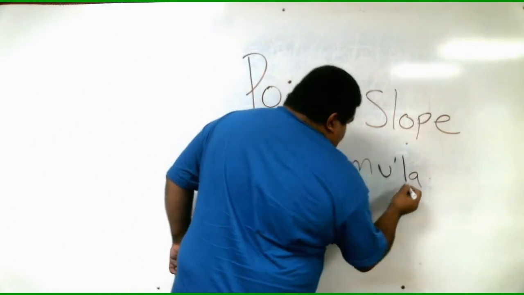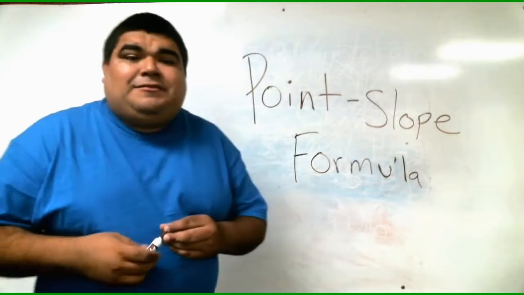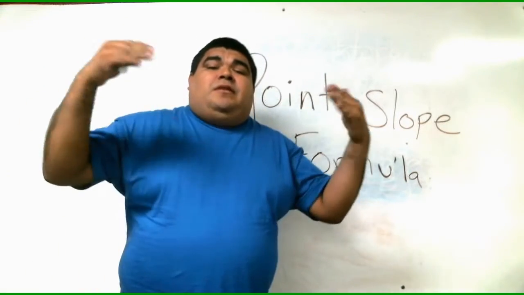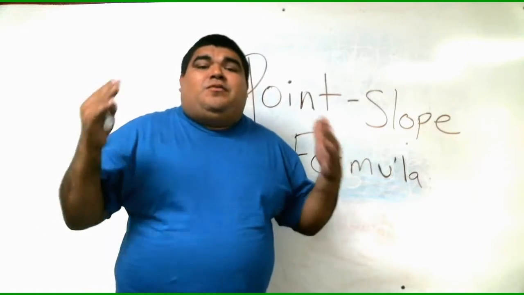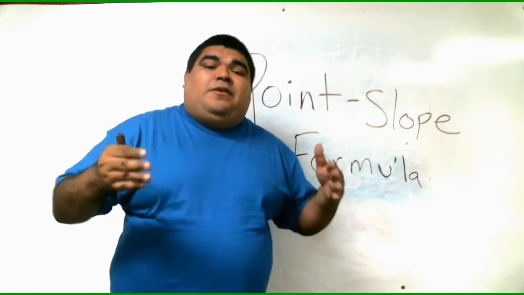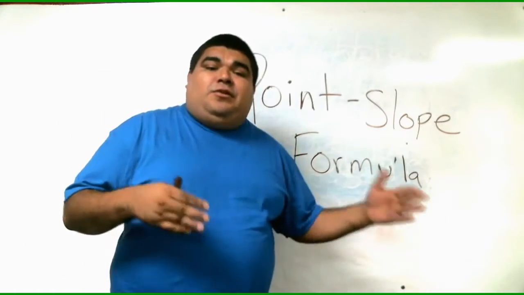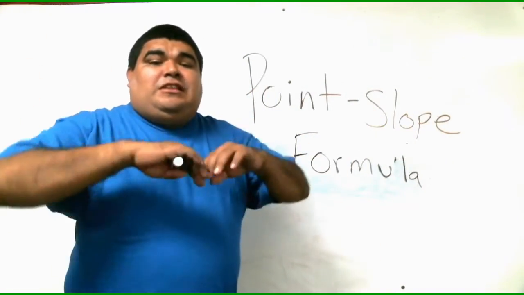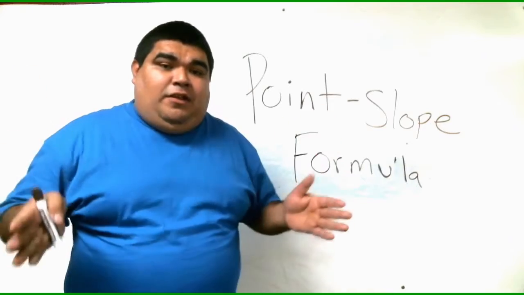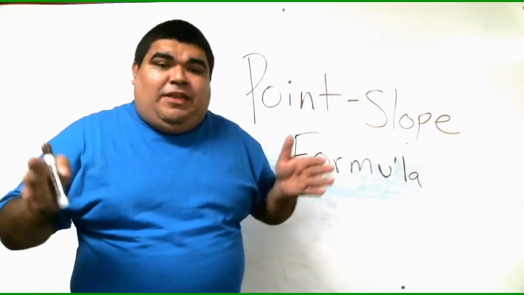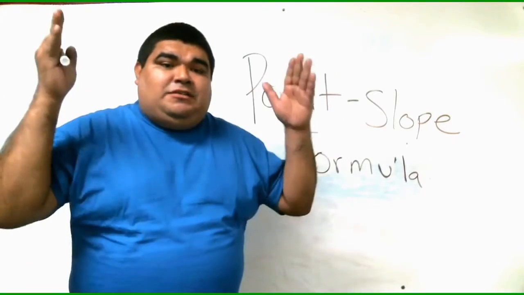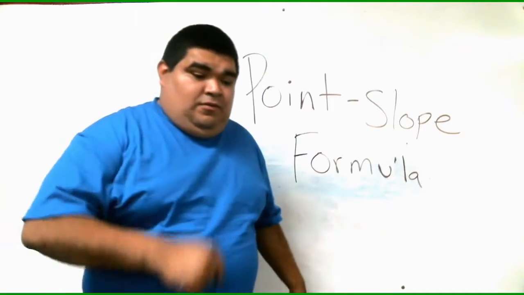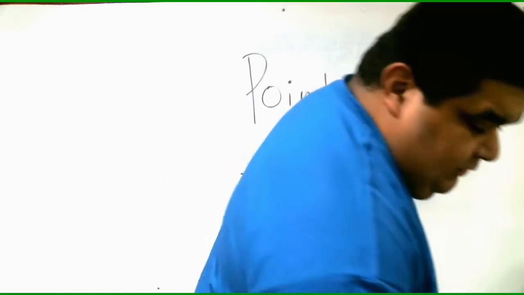Okay? It's something kind of similar to the other equation. The only difference is this one you arrive right at the end of that equation instead of like last class where you had to solve for b and then rewrite the equation. This one looks a little longer when you write out the equation, but you skip all that other part where you have to plug it back in because once you get the answer, that's it. Okay? So the formula we're going to use today is